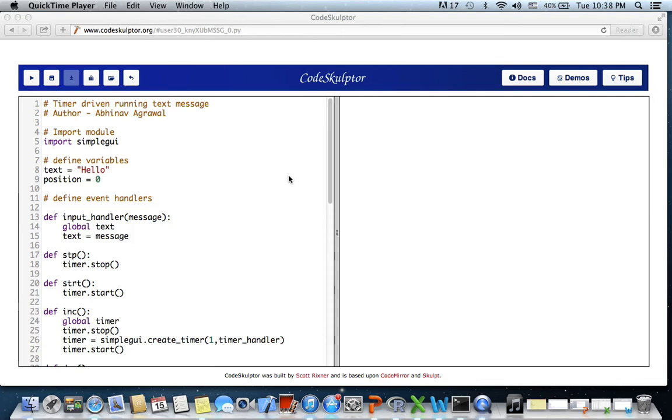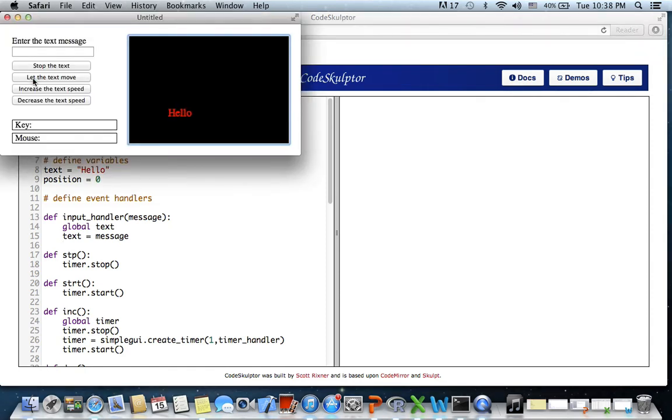And today we will see timer driven running text message. Let's have a look. Okay, so we see that we have a canvas. The height of the canvas is 200 pixels and the width of the canvas is 300 pixels. We have a text message which is moving from left to right. It has a fixed y coordinate, but the x coordinate keeps on changing, and that's how the text is moving